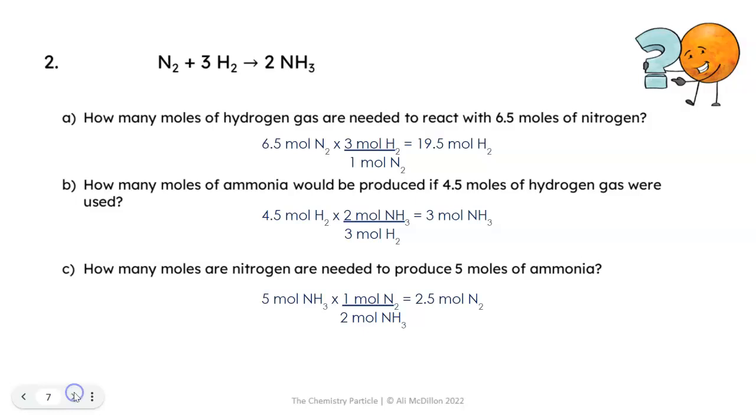Okay, now these are very similar to what we did in the first part of this unit. Okay, it's just that finding the mole ratios are pretty easy because we just have to look at the coefficients in the balanced equations. The only thing that I could think of here that might get us tripped up is if we're not putting the ratios in the right place. Okay, always